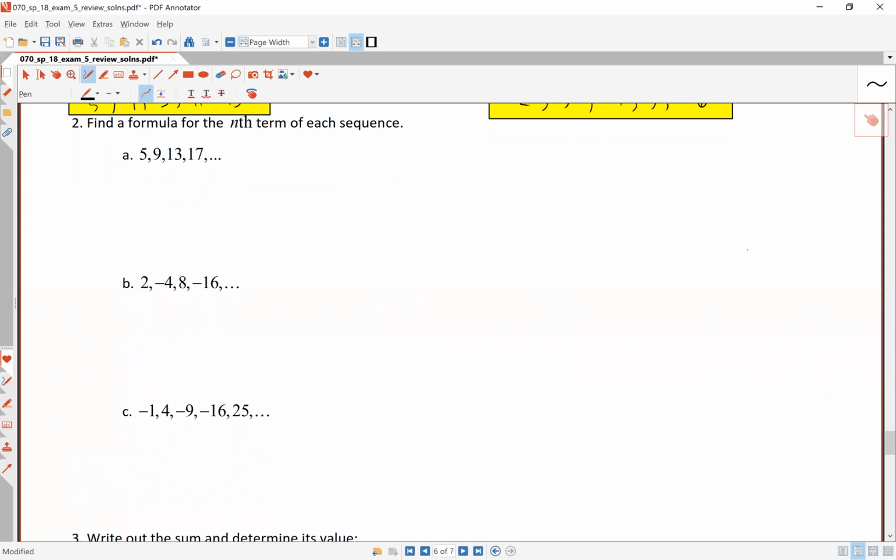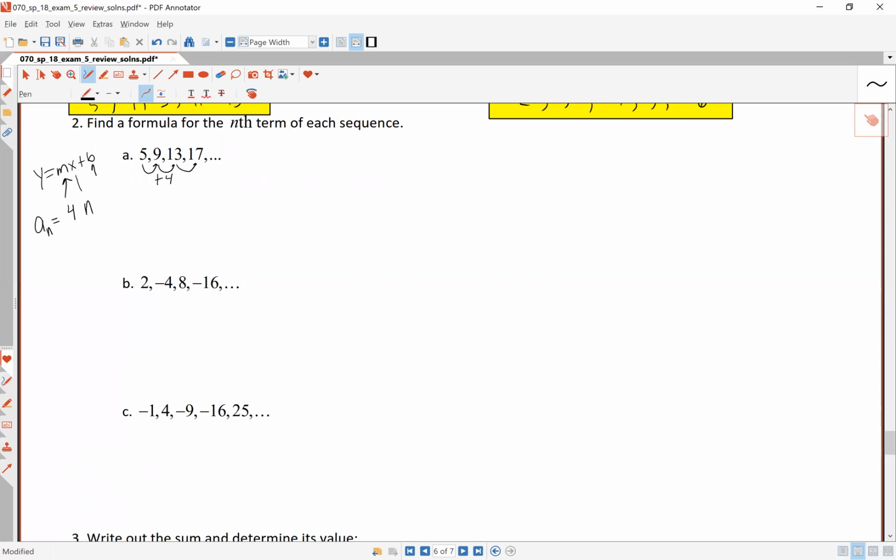Letter A, 5 to 9 to 13 to 17. We see that every time we're adding 4. So that's like the slope in y equals mx plus b. It's just that with sequences, we no longer use x's, we use n. And we use a sub n for y. So the slope being 4,